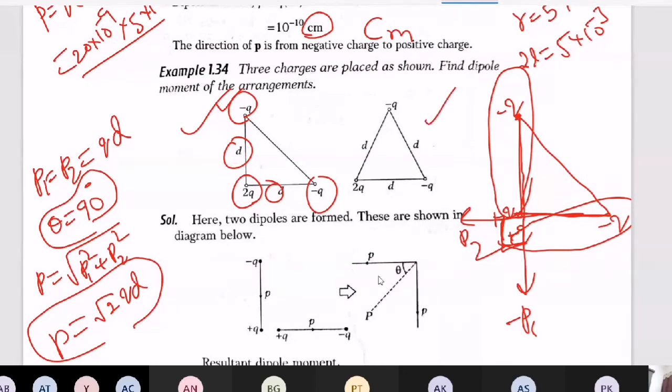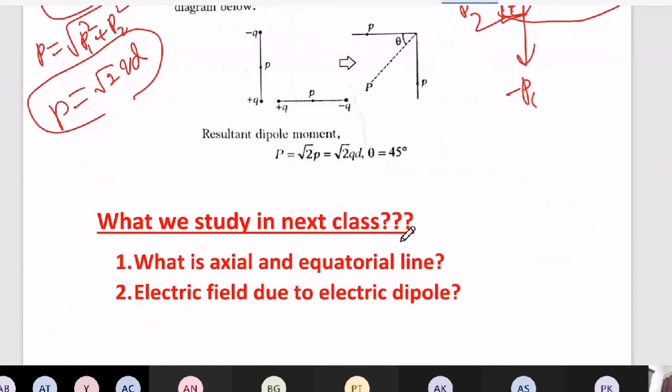In a similar way here also they have given a configuration, but the configuration has changed. The angle between the two dipoles has changed. Then you work it out from your side. Find what the resultant electric dipole moment is in this case. And I will give you one more thing as an assignment, so please try to find it.